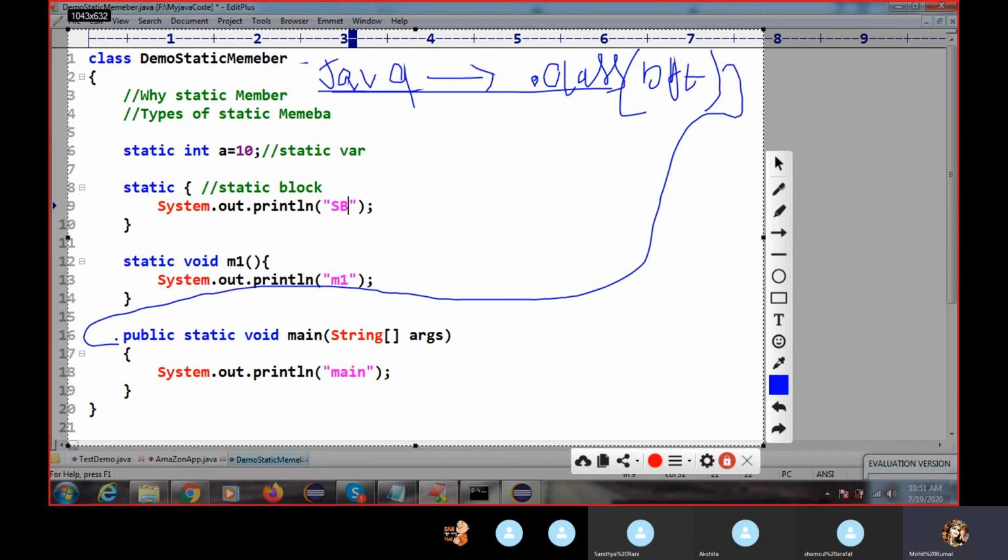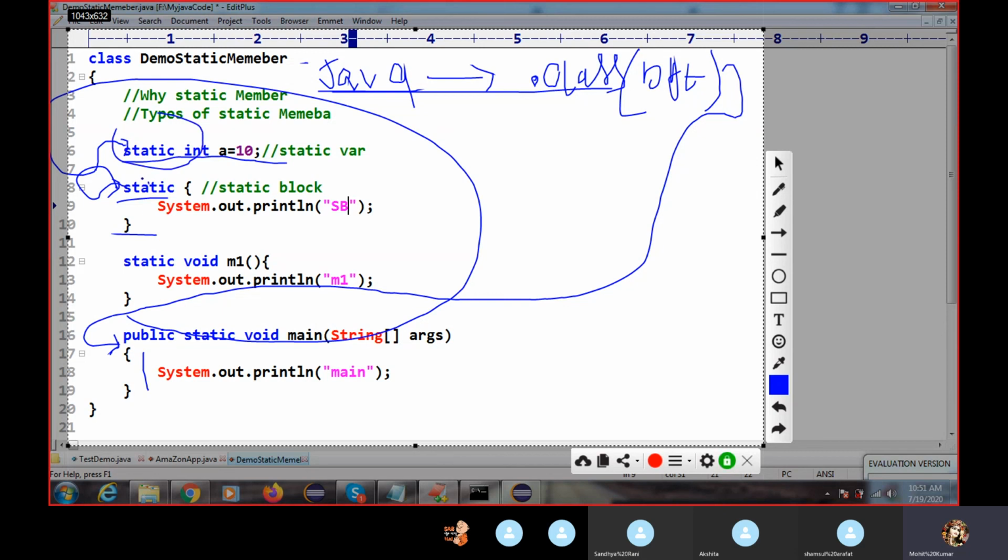The control will come here, and it will check whether the main method is there or not. It is there. Again it will check whether, before the main method, any static variable or any static block is there. So before the main method, it will execute the static variable and the static block.